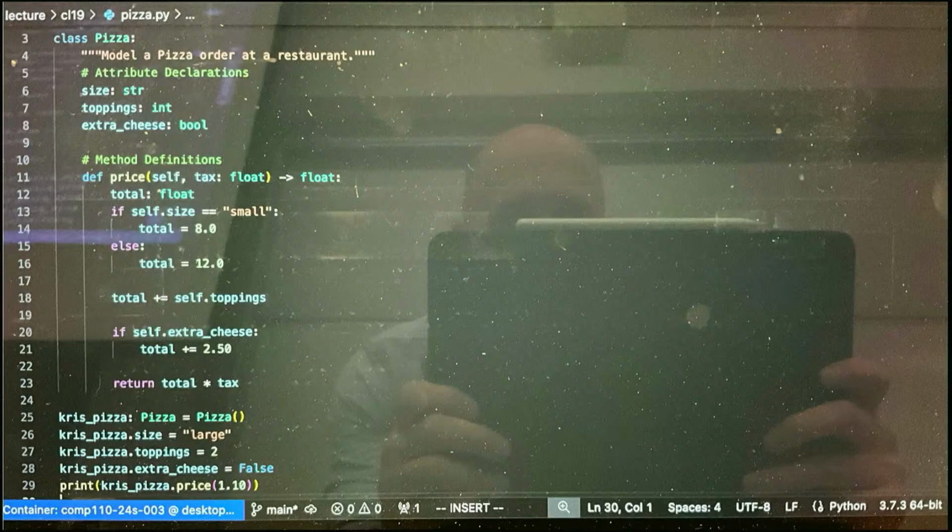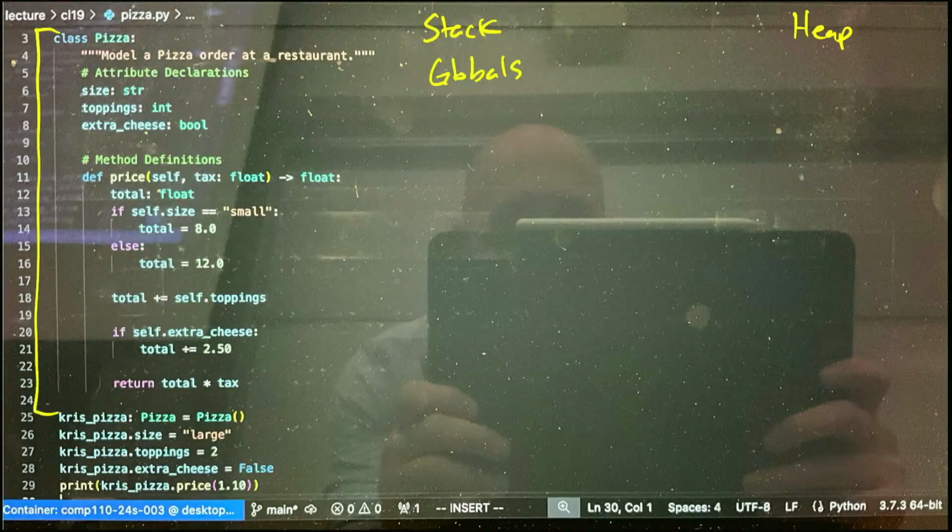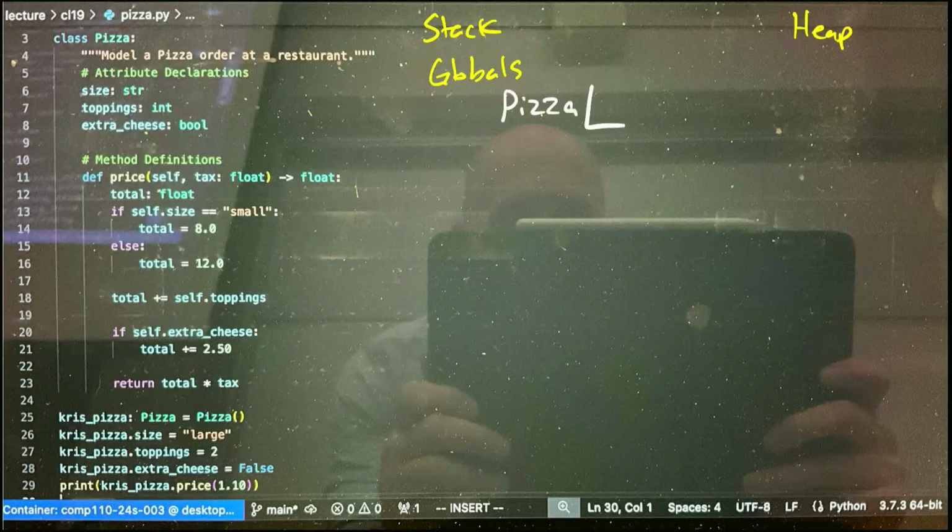Let's jump into it. So we've got a stack, obviously. We've got a heap and globals. And what we've already talked about is when we reach a definition of a class, this entire class is going to be added to our diagram as one item. So we've got the class Pizza. That will be ID 0, and I'm going to call this a class,